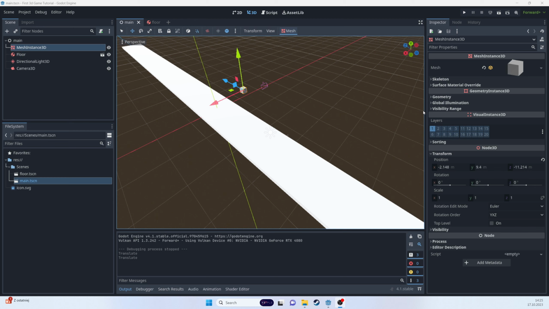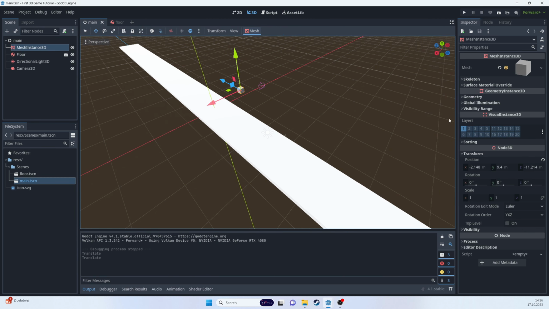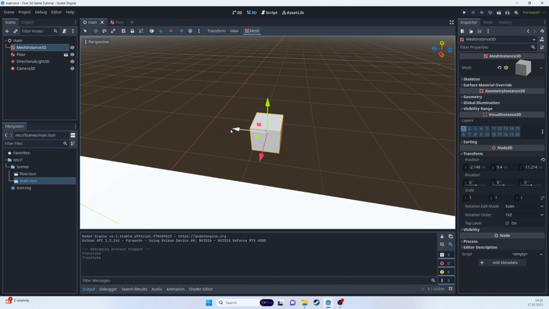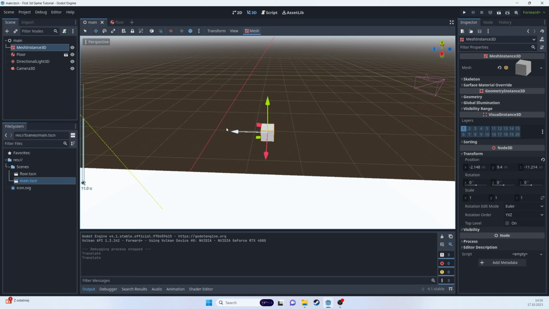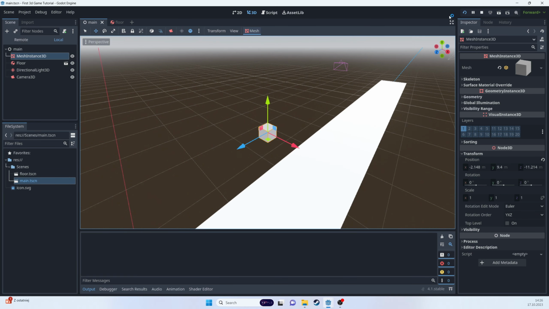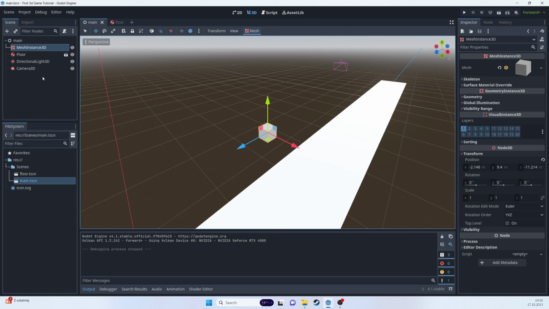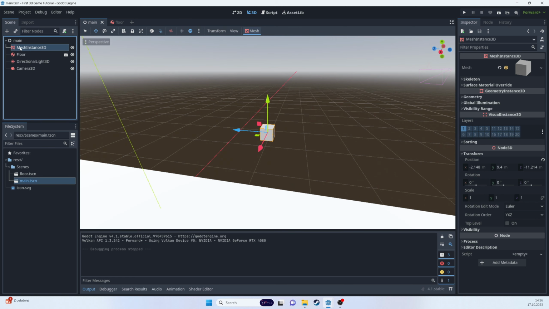Let's focus on making our player work. So our player is going to be very simple. It's going to be this cube you can see on the screen, but right now we cannot affect it in any way. And as you can see, it's not being affected by gravity. So to change this, let's delete this cube